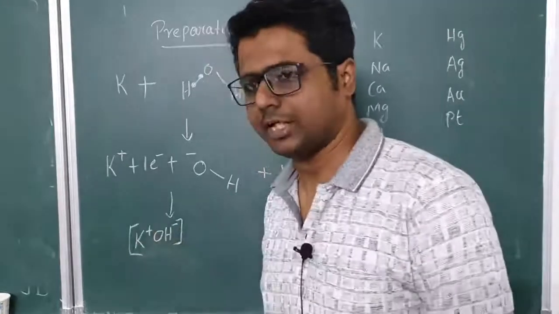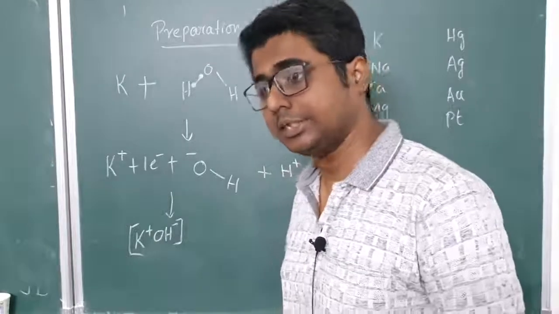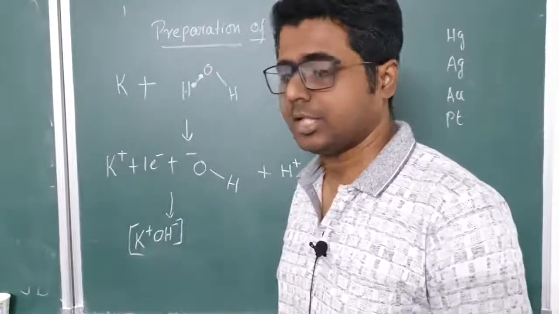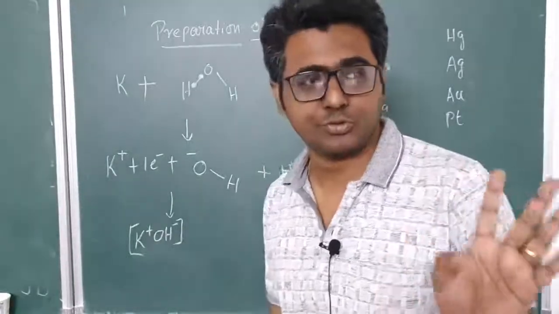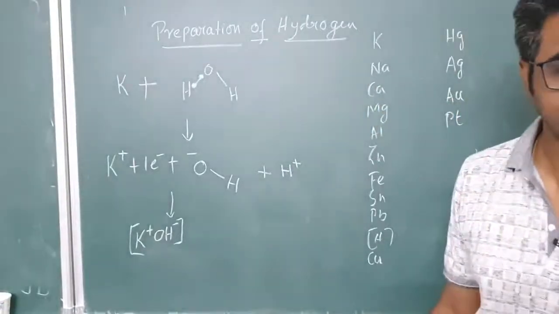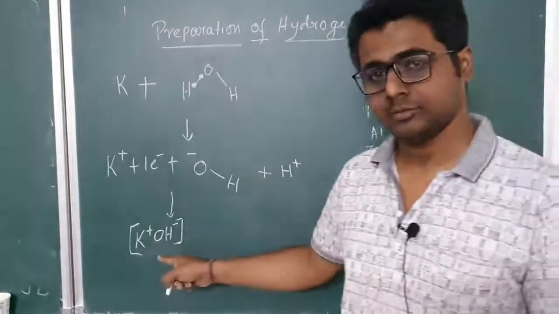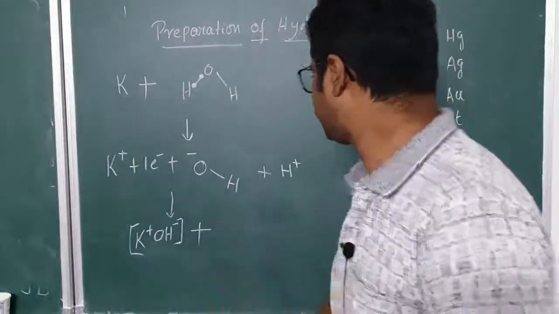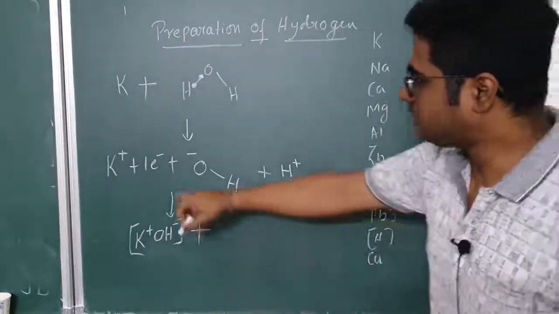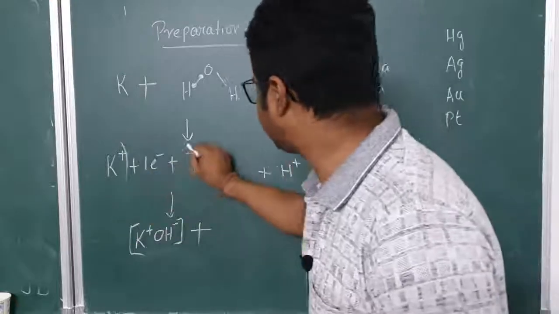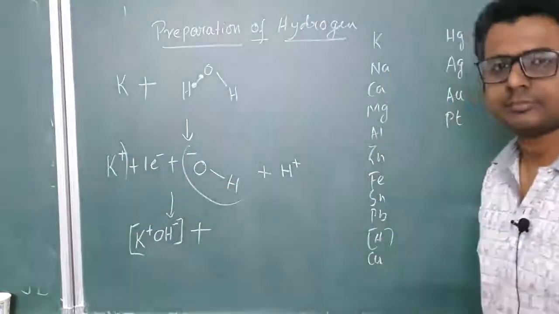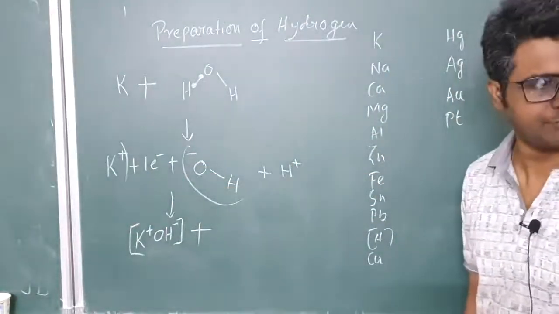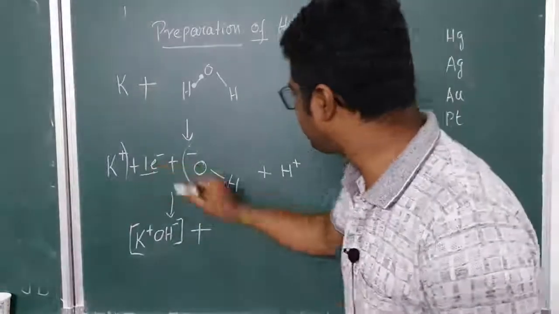It will be like this, because we are talking about reactions inside water. Inside water, an ionic compound will remain as ions, K plus and OH minus. In books it's not written, but this is the correct one. In books it is wrong, okay? Next, there is one electron left, so this part and this part are taken care of. There is one electron left and one H plus.